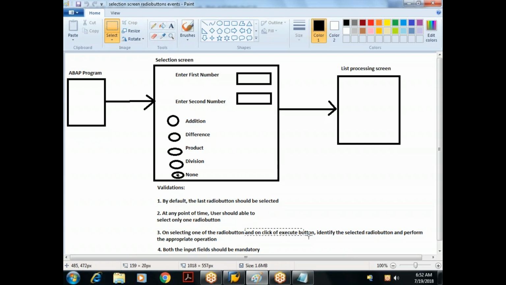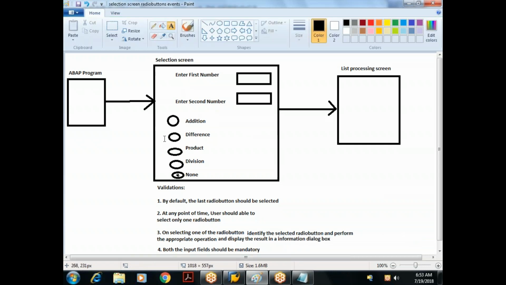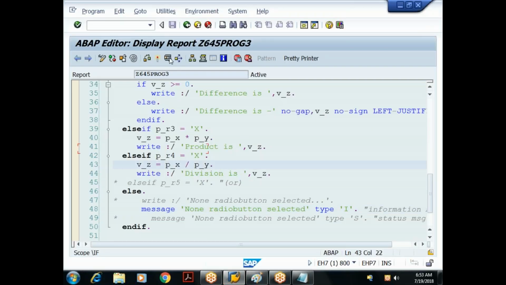On selecting one of the radio buttons, we have to identify the selected radio button, perform the appropriate operation, and display the result in an information dialog box. So almost same, but the only thing is the moment I select, I should perform the operation. So what I'll do is, since everything is same, instead of redeveloping the program,